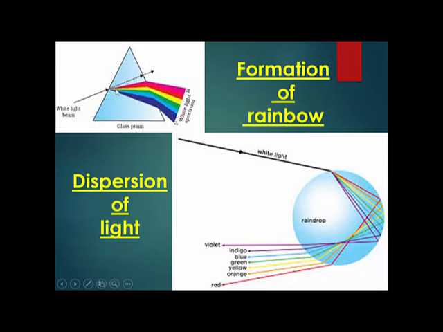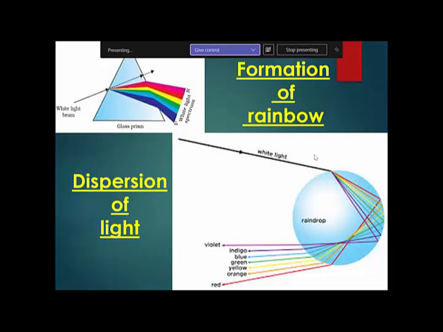The violet bends to a larger angle because the wavelength of the red is very large. So the prism will not be able to bend the red light as much as it would bend violet. You should know that formation of the rainbow is because of dispersion of light. Light passes through a raindrop, it splits into 7 colors, and that's how we get all the 7 colors exactly like what we see in the rainbow.